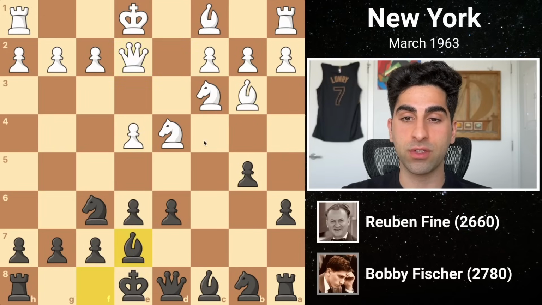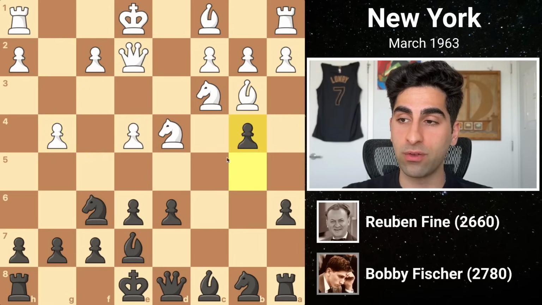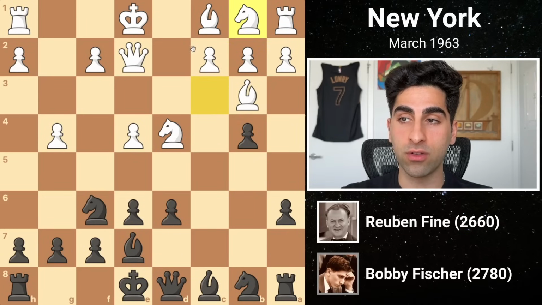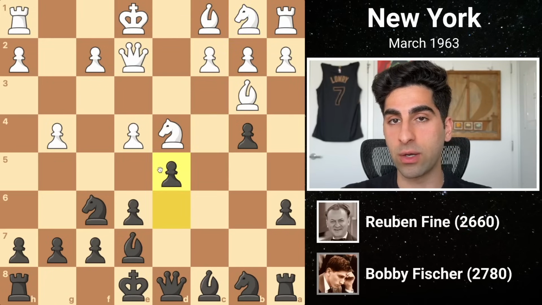Black develops his bishop to e7, preparing to castle, before white launches his g-pawn, looking to immediately build up an attack on the king side. Black counters with b4, kicking the knight, and white chooses to retreat it back home in order to reroute it towards the center. Fischer takes this opportunity to strike in the center with d5 to get rid of his weak